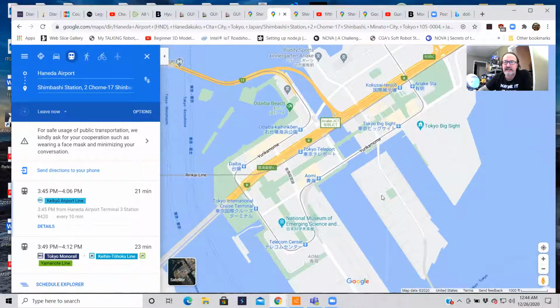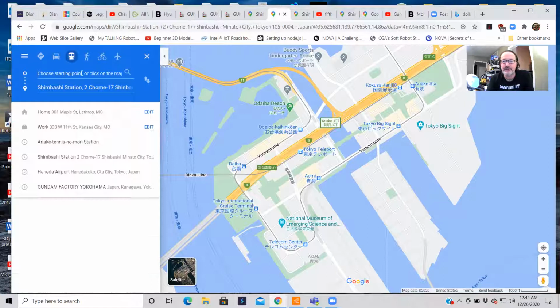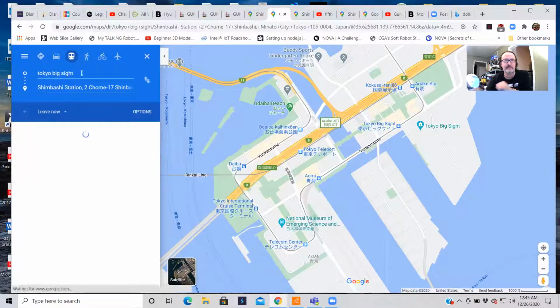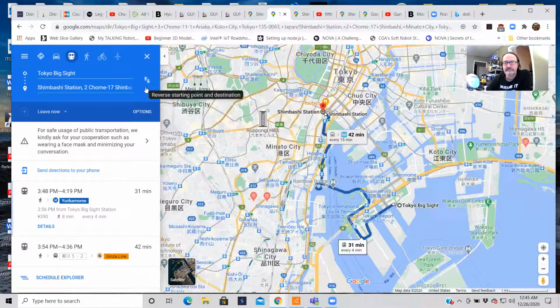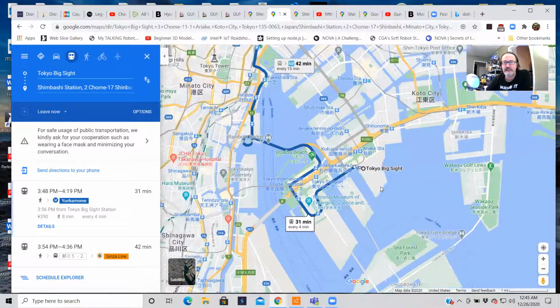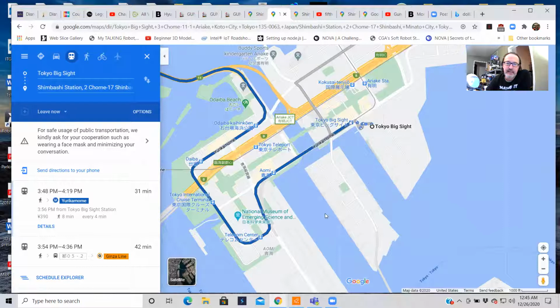But there's a dedicated subway line that goes from Shimbashi Station to Tokyo Big Sight. And the other cool thing you can see when you're here, this pretty cool dedicated line that goes from Shimbashi Station to Tokyo Big Sight. Then as you're going on this one,